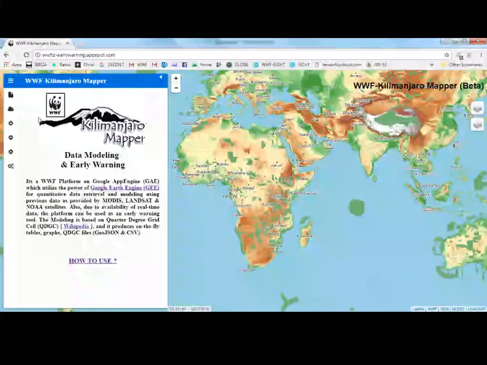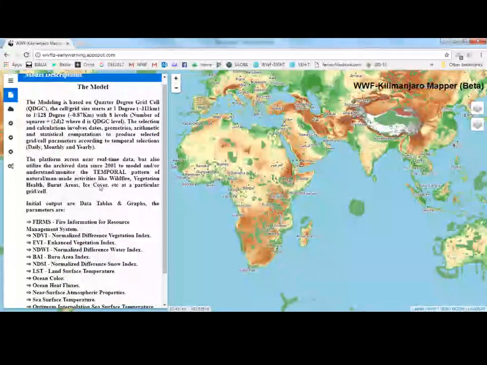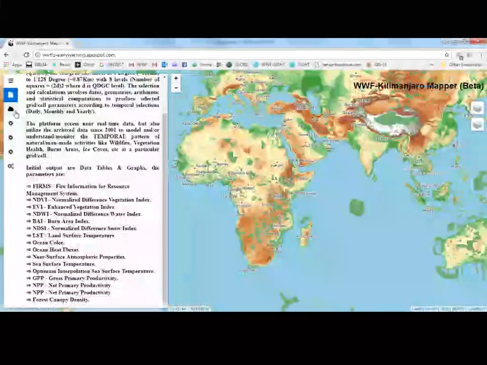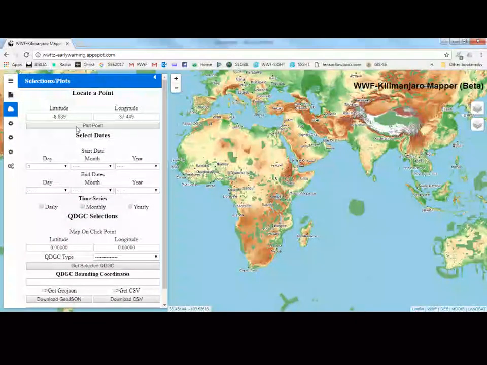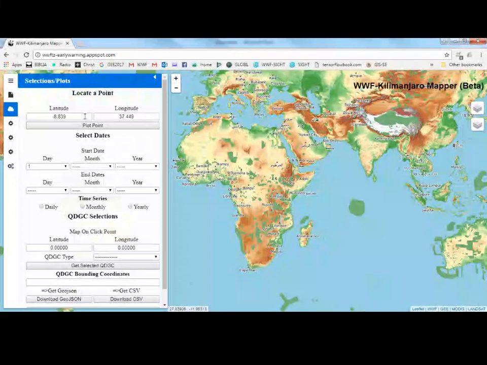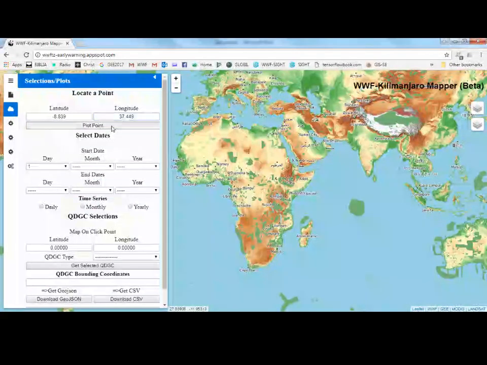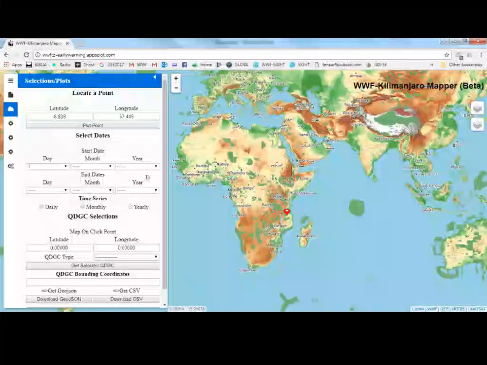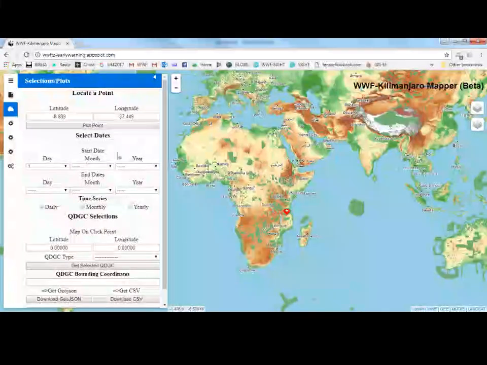You can click and open a Google slide to see it. This is the description, the types of data mostly available, and more will come. And this is mostly how to use it. First, if you know the area by coordinate, you can select it. You can put the latitude and longitude, and it will automatically plot it. For example, it will plot near Mount Kilimanjaro, which is a World Heritage site in Tanzania, and near the Selous Game Reserve, which is also a World Heritage site.